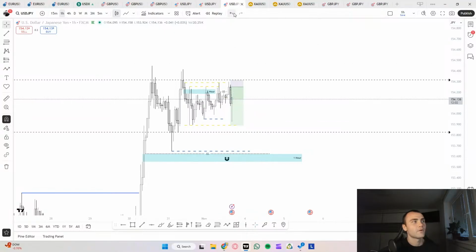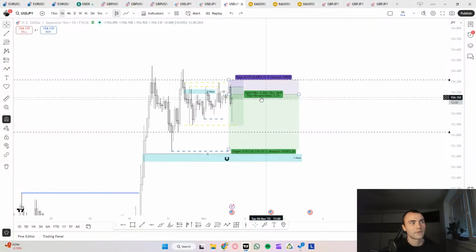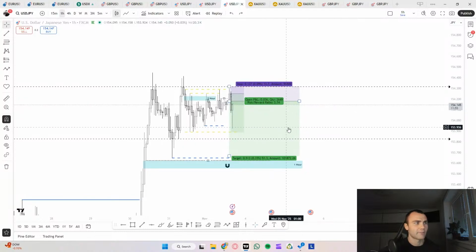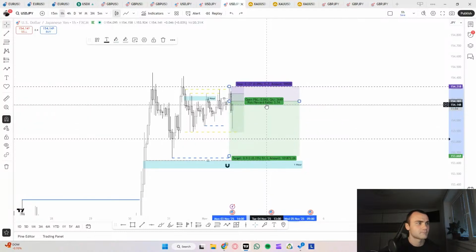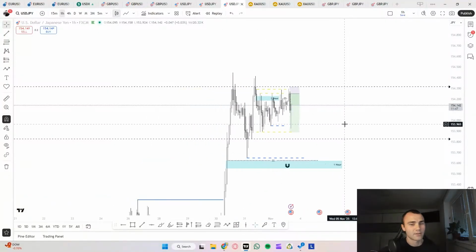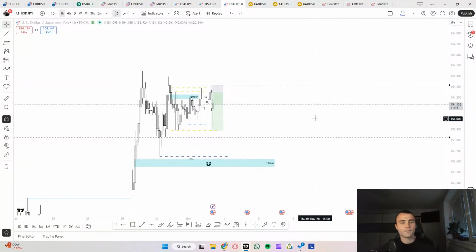Of course, don't let the whole trade run so much. Take partials, make a plan to take partials and then stick to it regardless of what's going to happen. Well, I do think and I do believe that it's